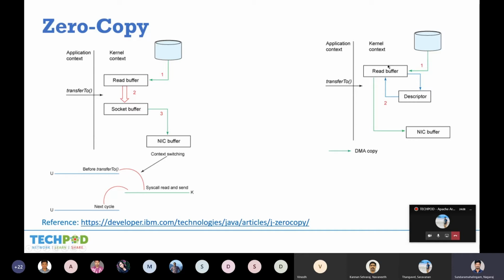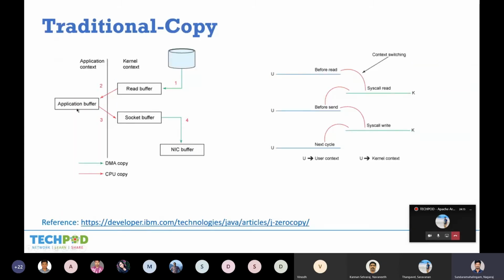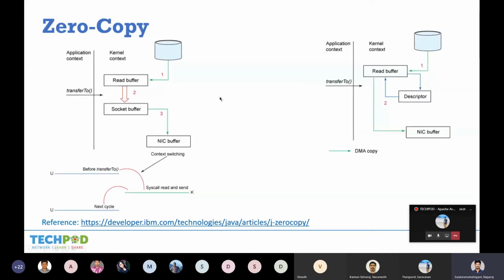There is no intermediate data copy. That's why it is called zero copy. Earlier there were three data copies, one here, here, and then here. Now it is only one place where the data stays, and there is no context switch. There is no switch from kernel to user or application, and again application to kernel. It directly pushes your data from source to destination.